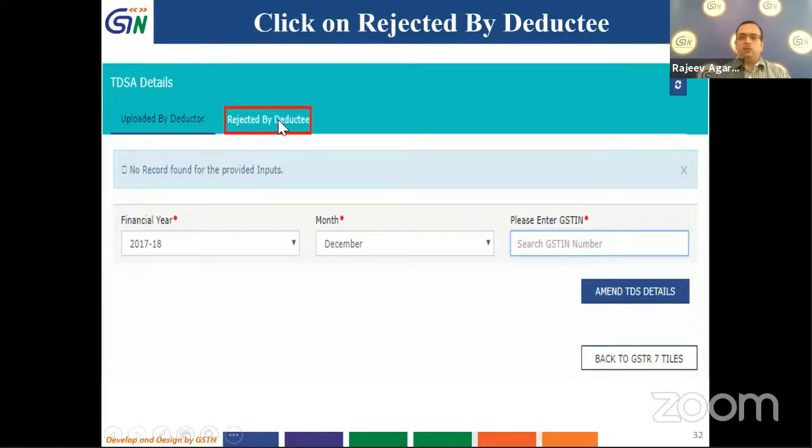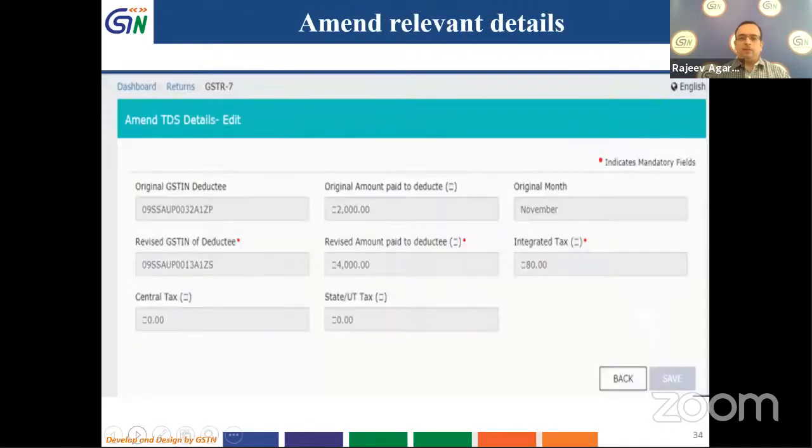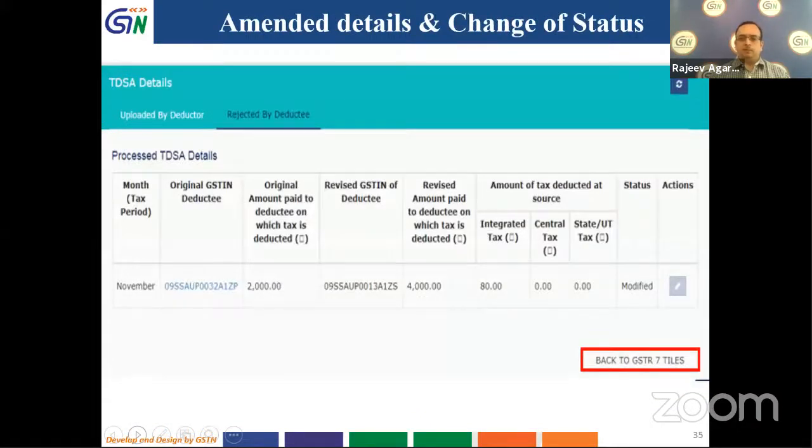So what I will do is click on rejected by deductee, then this amount will appear. I can click on this blue icon and make changes as I wish. These details will come. I can revise the GST amount, the amount to be paid, and the tax, and I can click save. That will take me back, and the amended details will appear